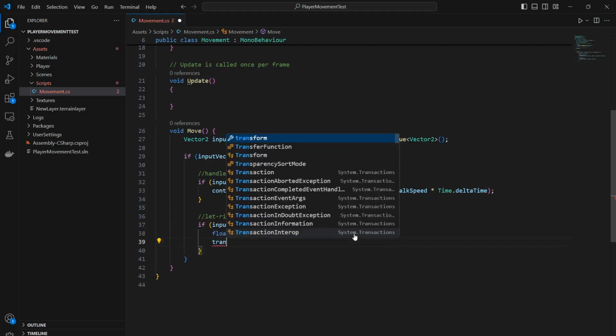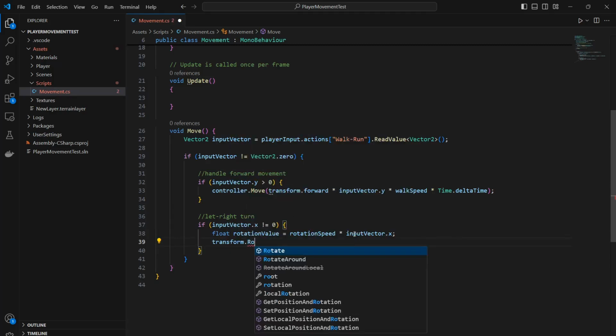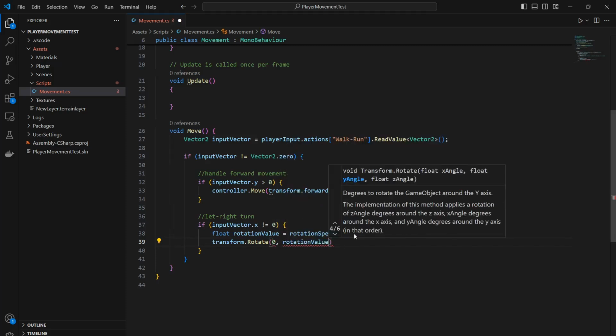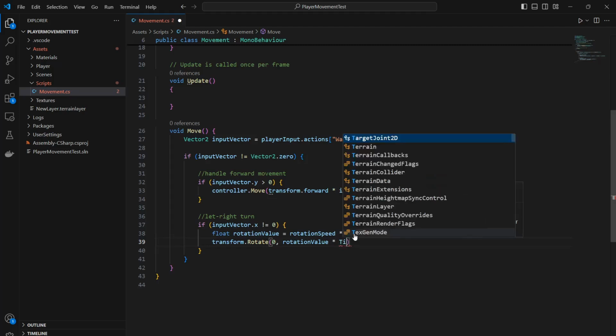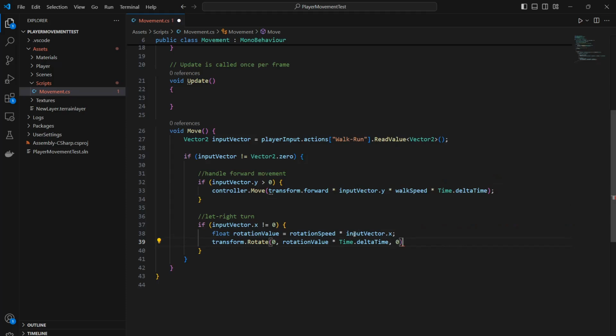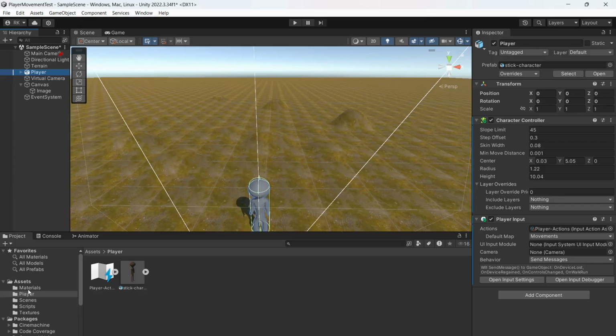input vector.x, and then I'm going to use transform.Rotate to rotate the character. The character will be rotated along y-axis. So it's going to be rotation value and then Time.deltaTime, and set value is 0. And I'm going to call move function from update. Let's add the movement script to player,